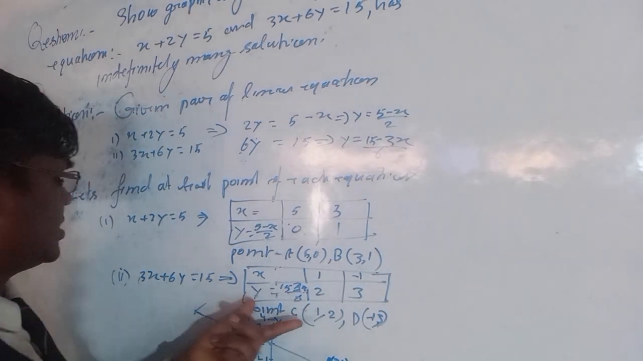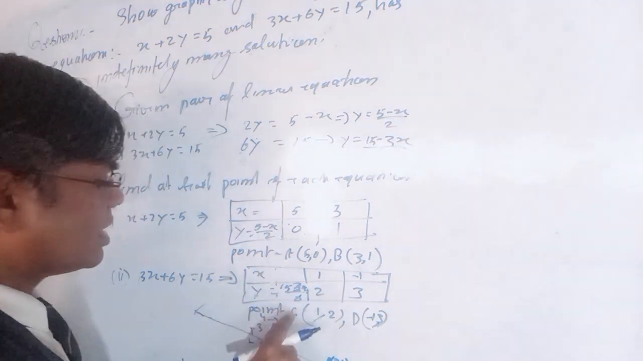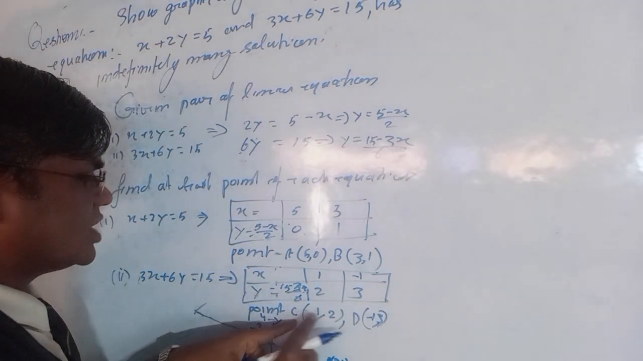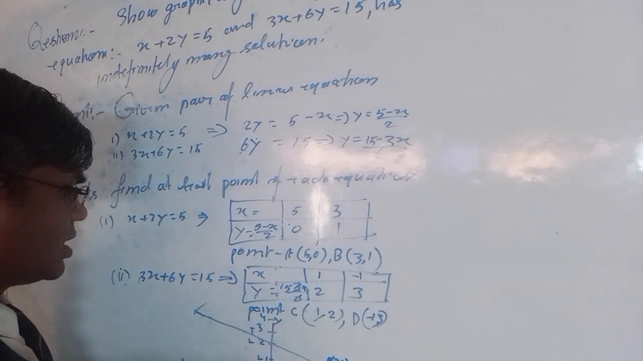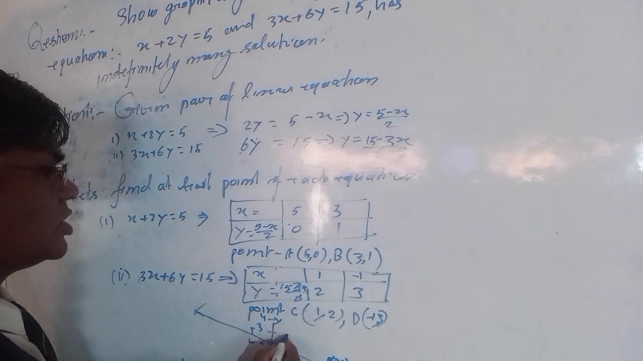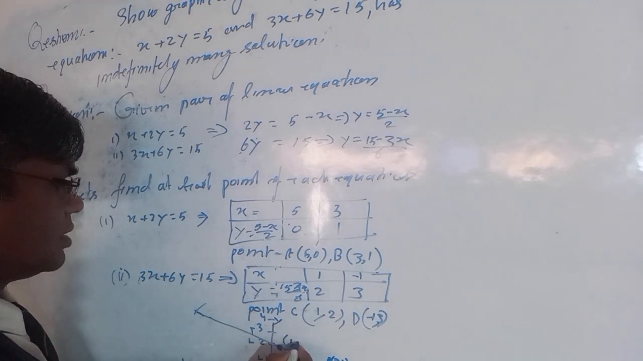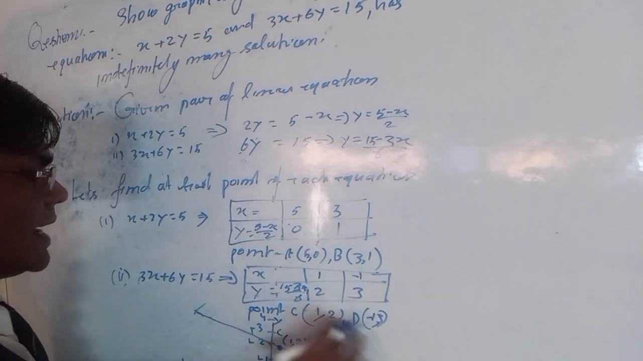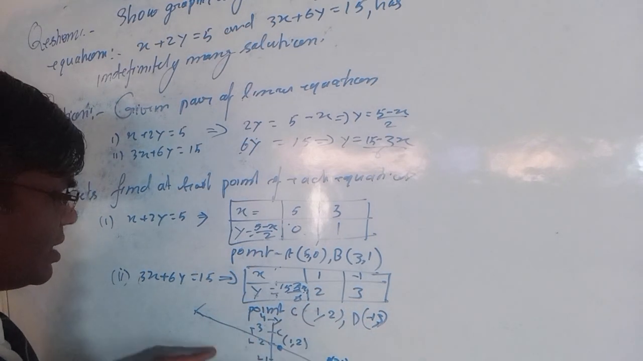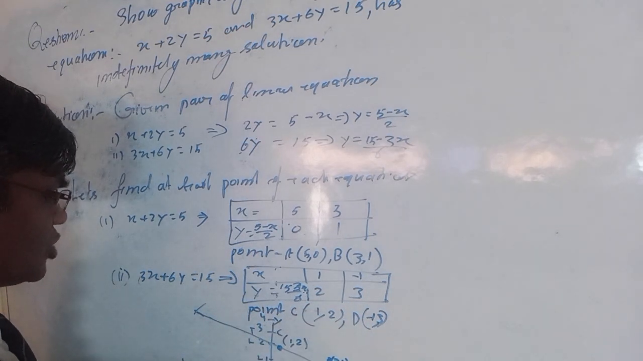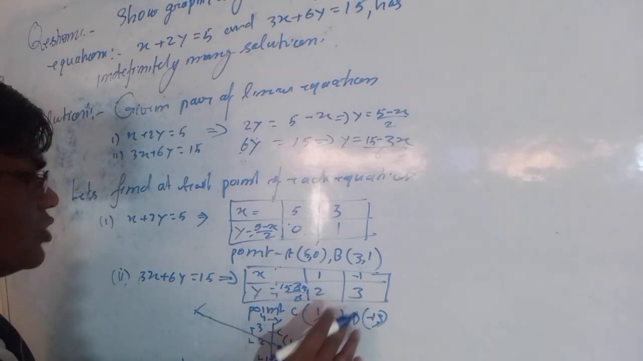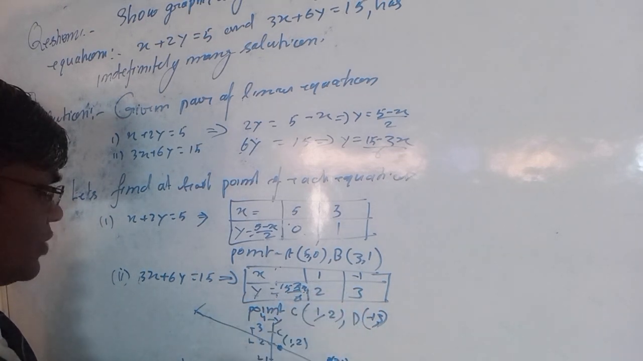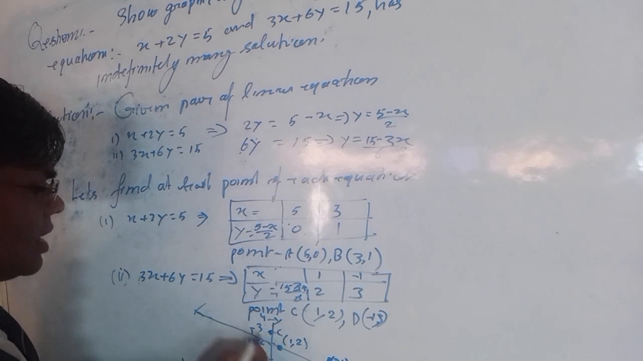Second, with the help of the second equation's points, we will take here the second equation's point C. C is equal to 1 and 2. X value is 1 and y value is plus 2. So here is the plus 2 and this becomes 1. So this becomes 1 and 2. Okay, this becomes C value and D value is minus 1 and 3. So x value is minus 1 and y value is 3. So it becomes like this. Okay, and draw